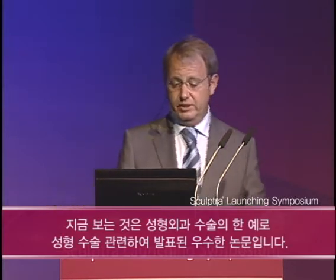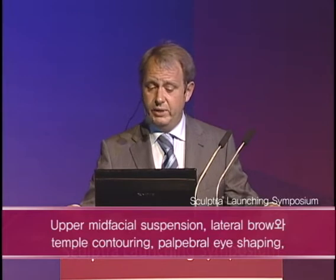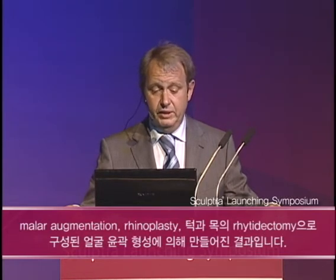Now, this is an example of plastic surgery, and I have the highest respect for plastic surgery, and it has been published. And this is literally from that article. This is an example of dramatic results, and I think with dramatic they mean wonderful, produced by facial contouring consisting of upper mid-facial suspension, lateral brow and temple contouring, palpable eye shaping, malar augmentation, rhinoplasty, rhytidectomy of the lower face and neck, and you can see left the pre-operative and right the post-operative